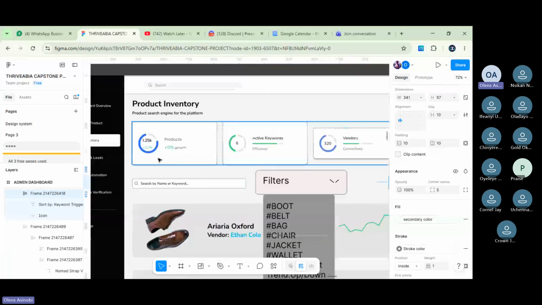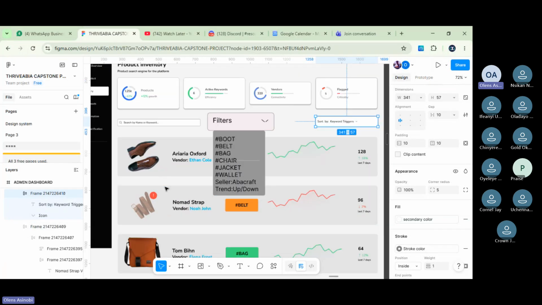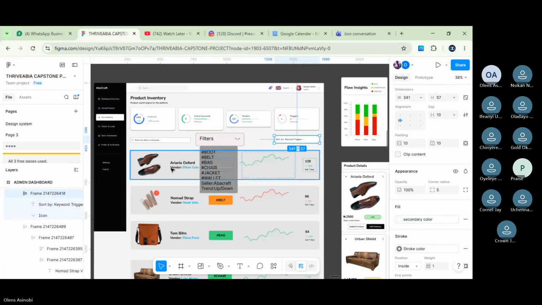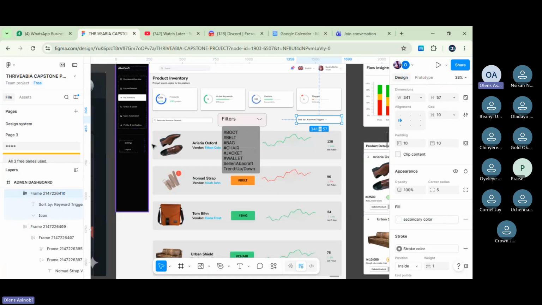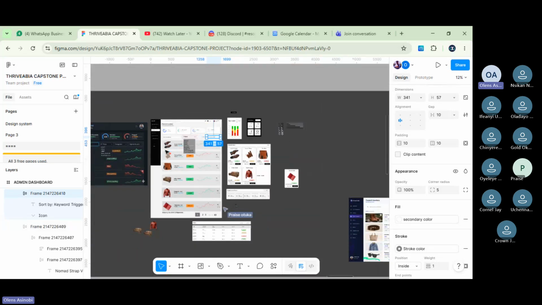Then for the cards, okay, this one. Then for this body section that has the table, follow the pattern that this other screen sets. Let me show you.